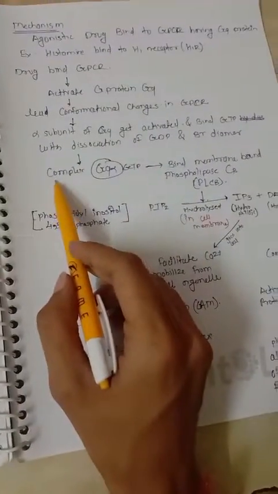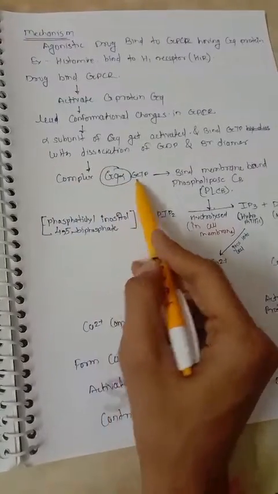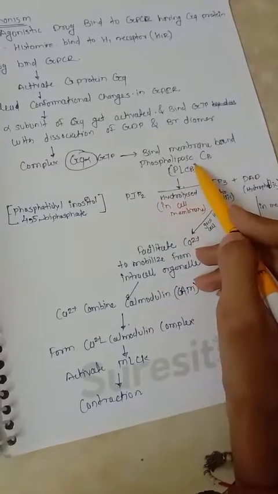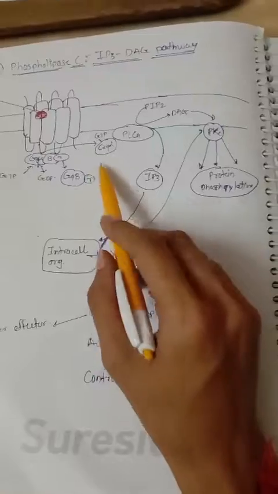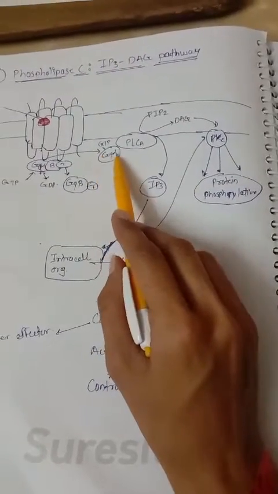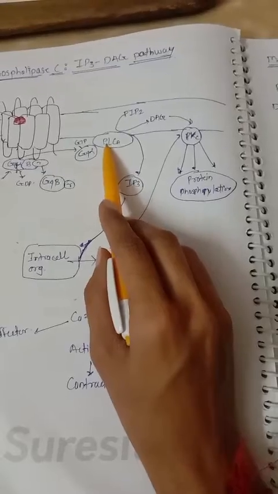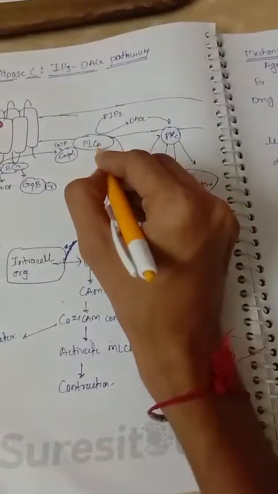Then what will happen after that? This complex of Gq alpha GTP goes and binds to the membrane bound phospholipase C beta. Okay, phospholipase C beta. What will happen? This Gq alpha goes and activates the phospholipase C. Okay, that is phospholipase C beta,